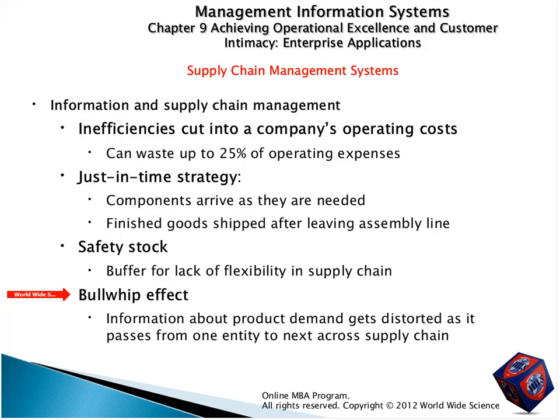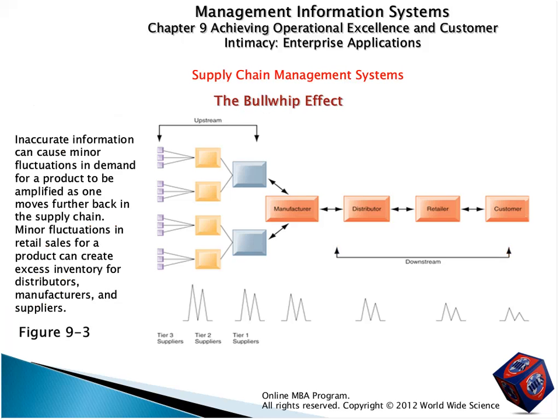So what is the bullwhip effect? Information about product demand gets distorted as it passes from one entity to the next across the supply chain. Let's explain it here. You have a customer, and the customer has demand for an amount of some specific product, and